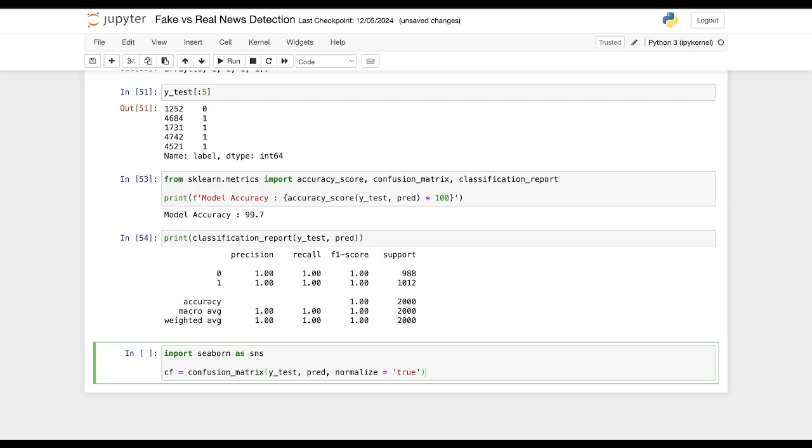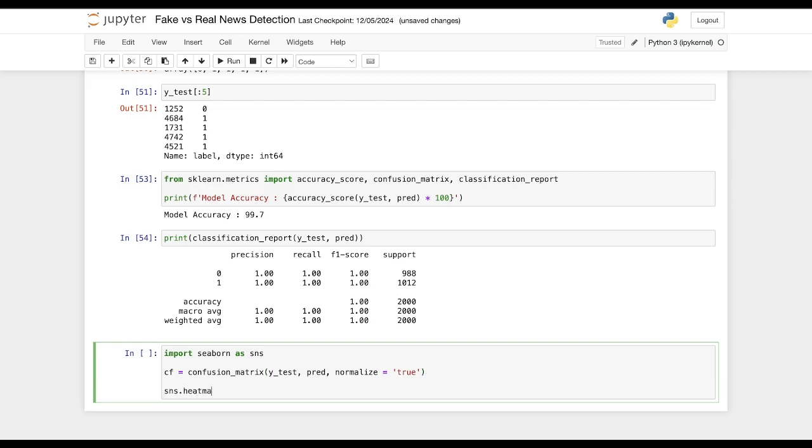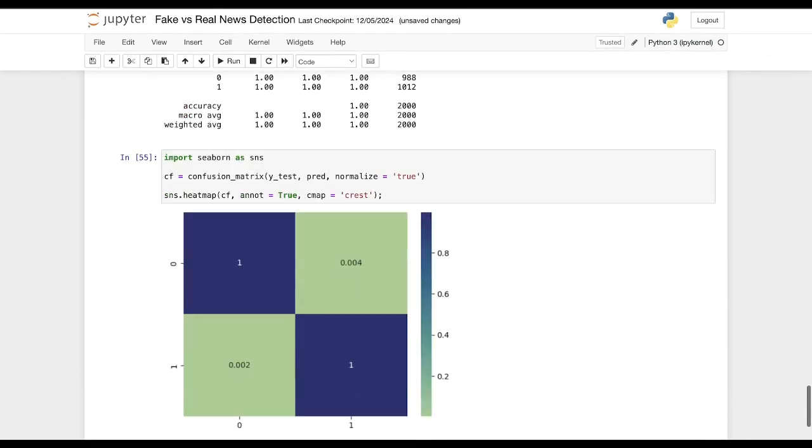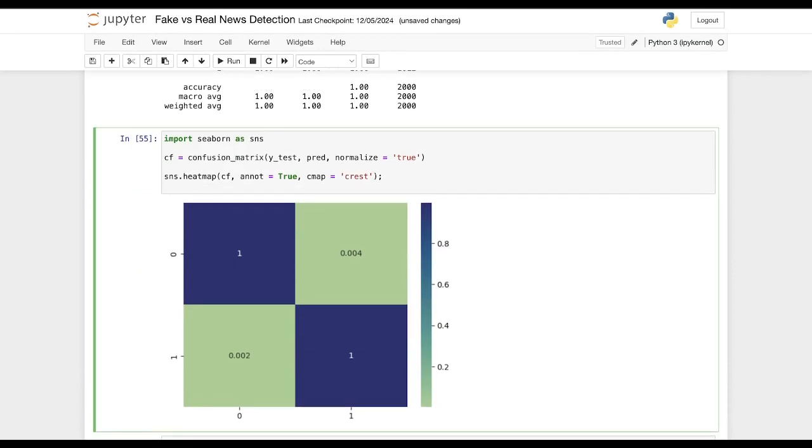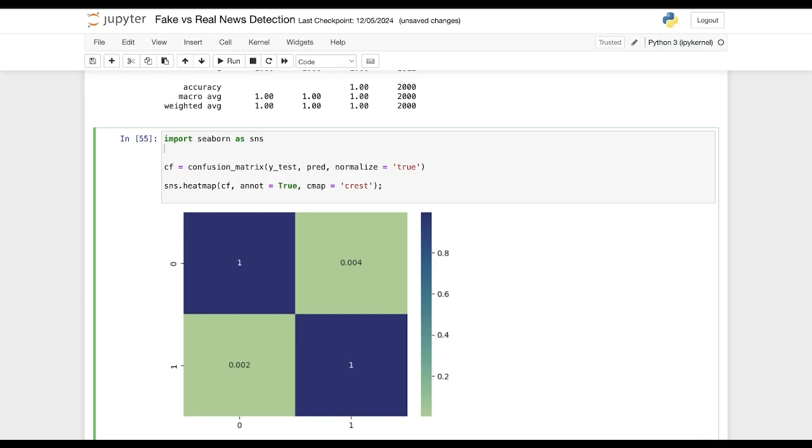and then we will say sns.heatmap. Here we will pass our cf variable. Then we will say annot equal to true, which means we want to display the values on the grid, and then cmap, that is the theme of your heatmap. I want it to be crest, and let us try to display this. So this is your heatmap, and let us label that. Actually, we require matplotlib here as well to label our heatmap. So we will say import